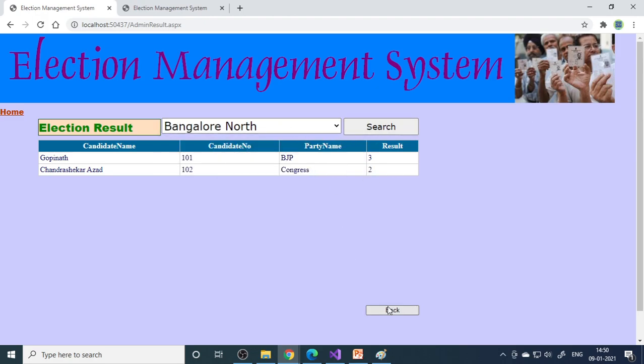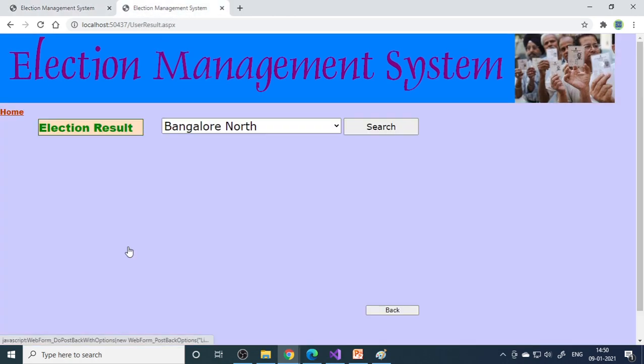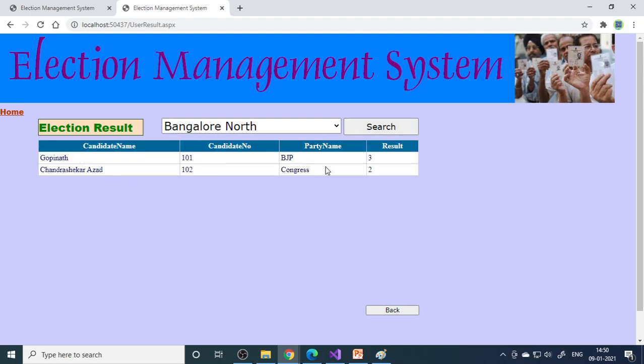Okay. So if you go to list, you can see who all voted for whom, that list will come. But here we don't need to show the username, you need to give encrypted data. At this moment, to cross verify, we have only shown it here. So users can also see the result now. So here is Delhi North. So you can see who all the candidates are and who won, who scored the maximum votes, they are the winner. So therefore, easily we can show that this is the person who won.